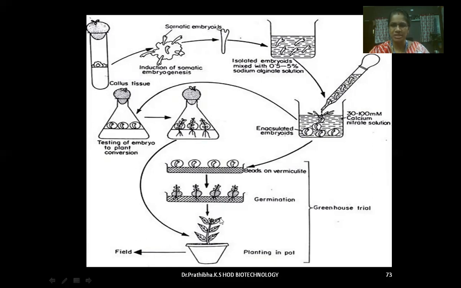Shoot regeneration and the root regeneration can be seen, because in the embryo usually we can see the plumule region at the top in the heart shape, right? Plumule, that is nothing but the shoot regenerating region. Radicle, that is the root regenerating region. You'll be able to see in this embryo. So the embryo has the capability to regenerate into the entire plantlet or whole plantlet because of the preformed plumule and the radicle. So this is all about the preparation of the synthetic seeds.